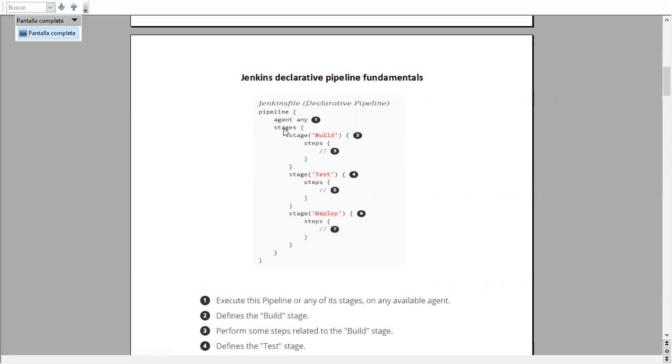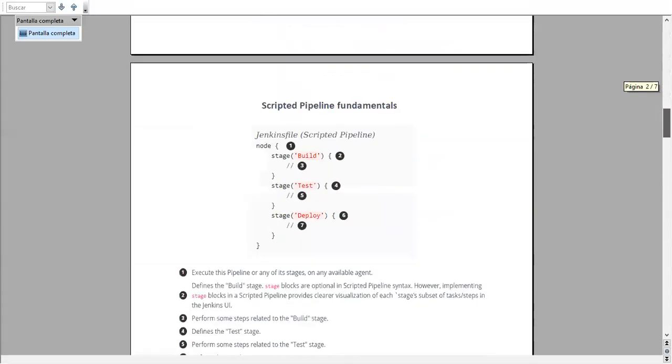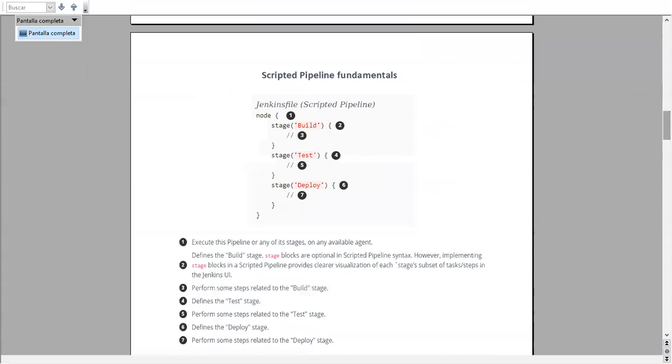Then we have to perform a number of stages in this pipeline. Stages involve, like, build stage, testing stage, deployment stage, and inside each stage, you have to perform a number of steps. Okay, so this is the declarative pipeline syntax. Let's go through the scripted pipeline syntax.